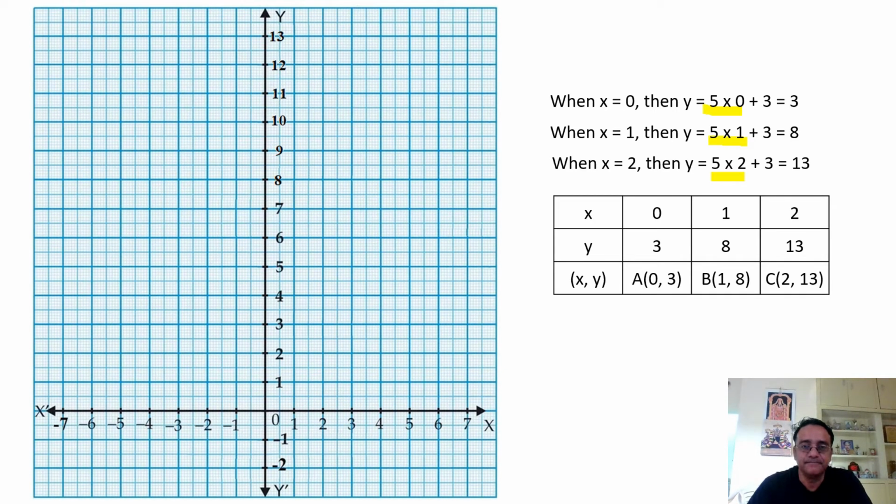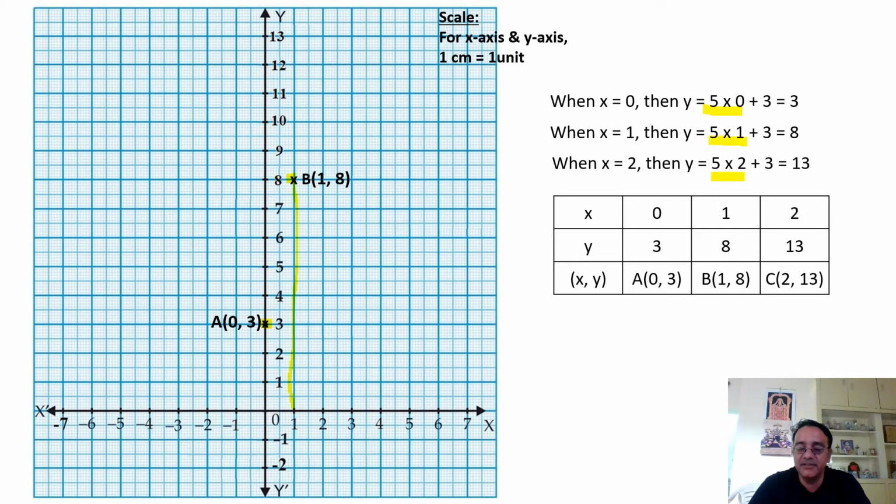So this is the graph, and I have used the same scale for both x and y axis. 1 centimeter is equal to 1 unit. So first coordinate (0, 3). Now see, x coordinate is 0, that means it belongs to y axis. So y axis पे कहाँ पर होगा? यहाँ पर, जहाँ पे मैं अभी मार्क कर रहा हूँ, ठीक है. So let this point be A (0, 3). Now next is (1, 8). So what we will do, 1 से ऊपर की तरफ जाएंगे, ठीक है, right? I'm going up to 8. So this is point B (1, 8).